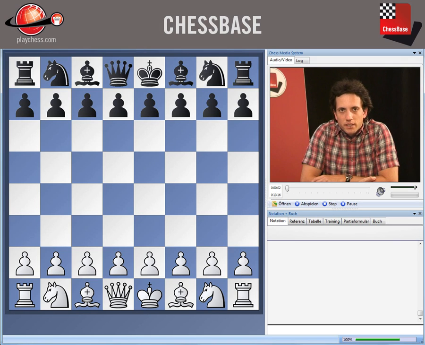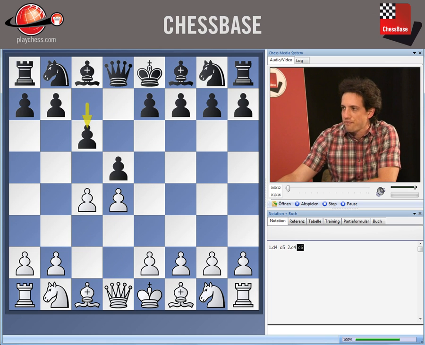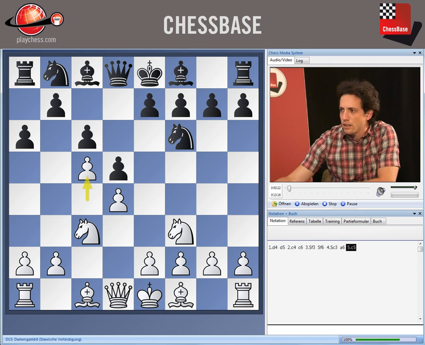Hello dear chess friends, today we will speak about the main variation in the Slav with a6, and this variation starts with d4, d5, c4, c6, knight f3, knight f6, knight c3, a6, c5 immediately. The idea of playing c5 is to grasp some space on the queen side